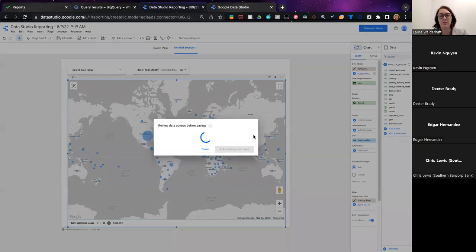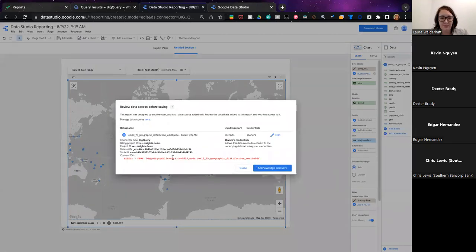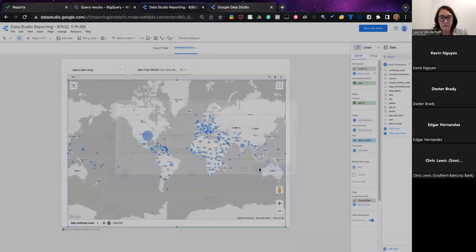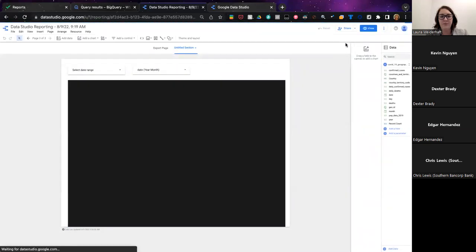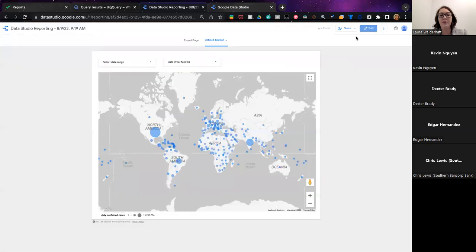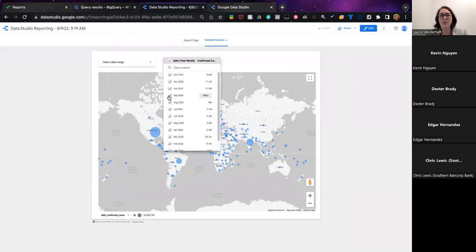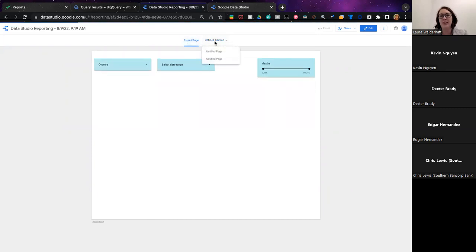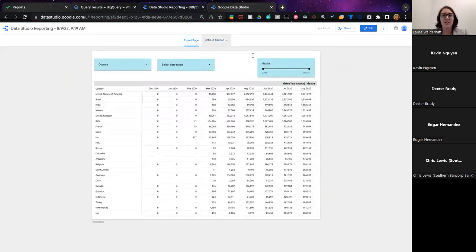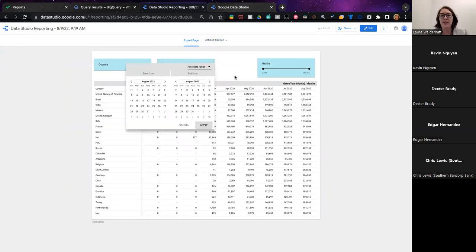So if we went into view mode, the viewer is only going to be able to interact with what you allow the viewer to interact with. Any of the filters that you have put on the back end here are not going to be editable, and they're going to preserve the data integrity that you want for your report. So it's always good to think about what you want the viewer to be able to interact with and what you don't.